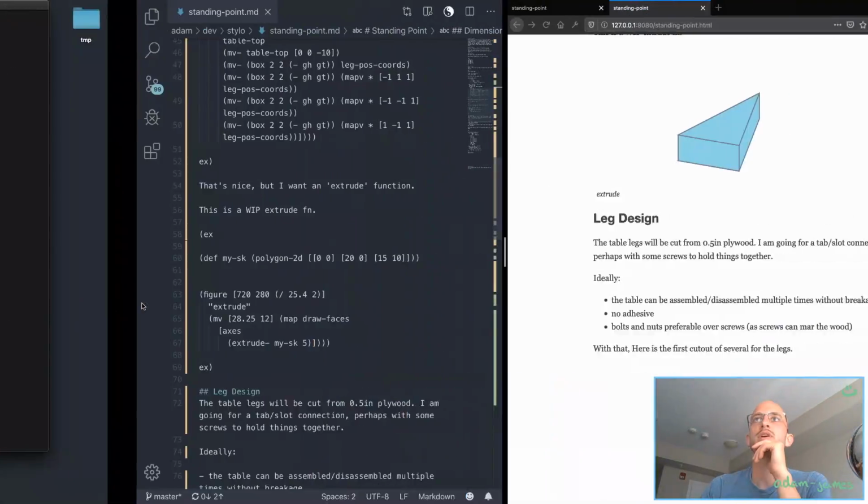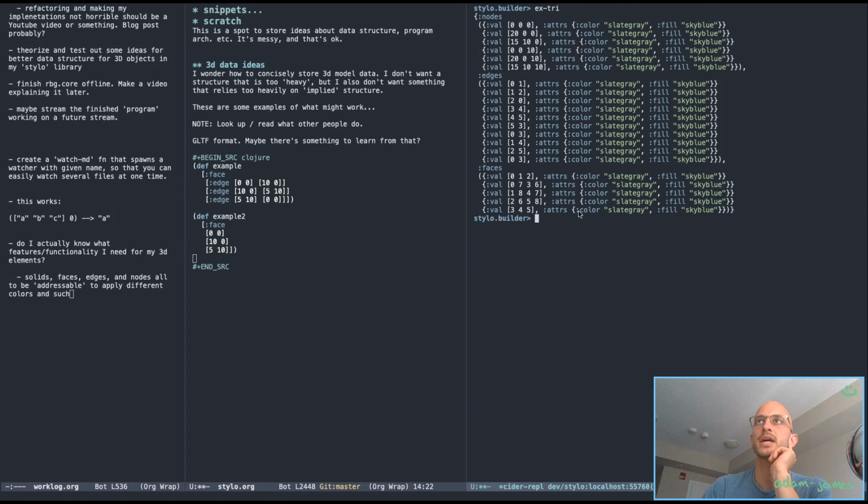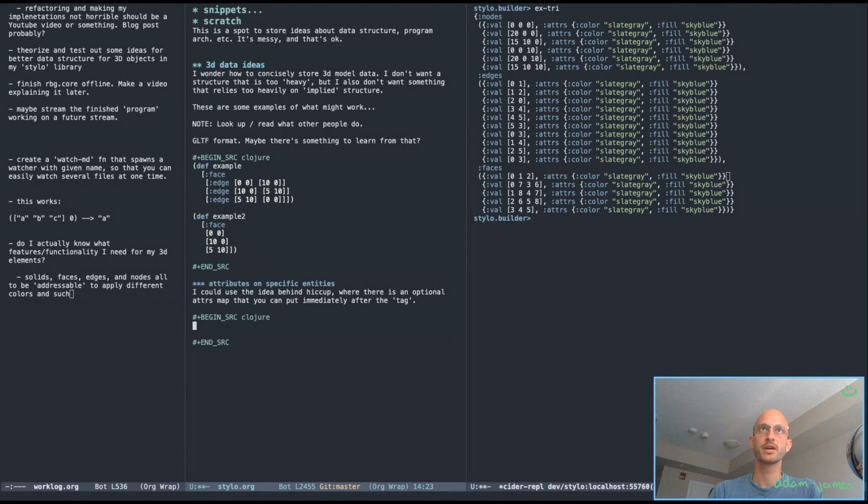But before that, I want to get just a note or two in about how I might handle putting attributes onto specific entities. I could use the idea behind Hiccup, where there is an optional attrs map that you can put immediately after the tag. So if I make an example there, it would be def example 3 is going